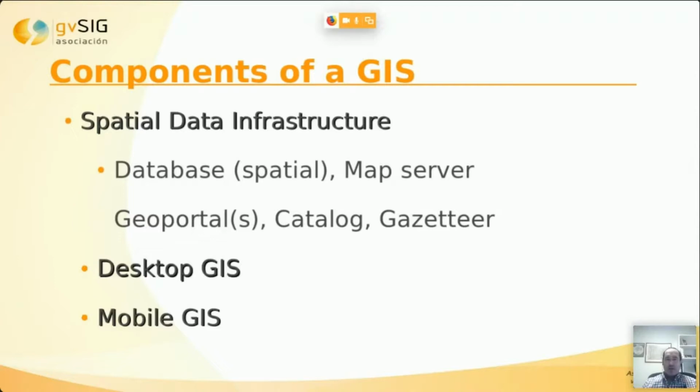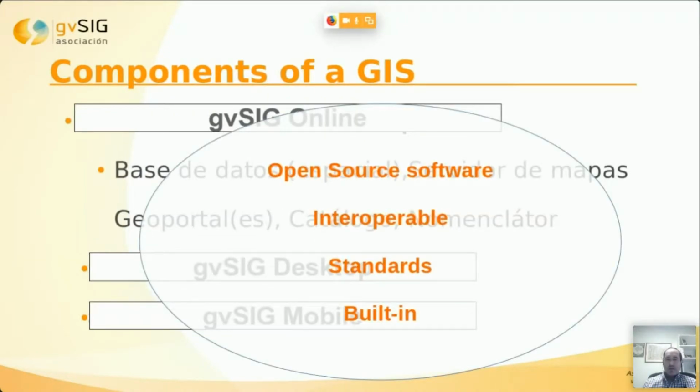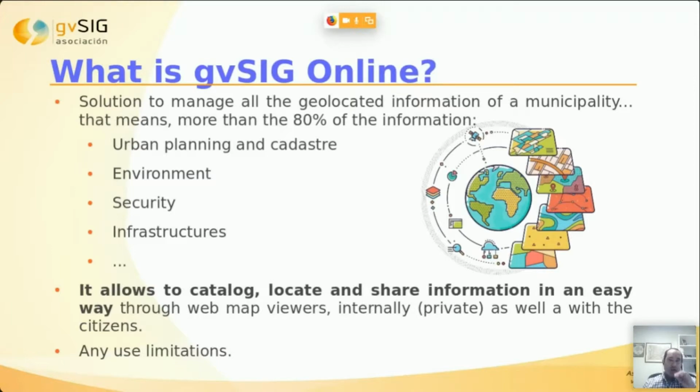The components of a geographic information system are the spatial data infrastructure with the databases, the geoportals, catalog, map servers, etc., the desktop GIS and the mobile GIS. And they correspond with the main products of the gvSIG suite: gvSIG Online, gvSIG Desktop, and gvSIG Mobile and gvSIG Maps for mobile devices. They are open source software, they are interoperable, they follow the main standards, and now I'm going to speak about